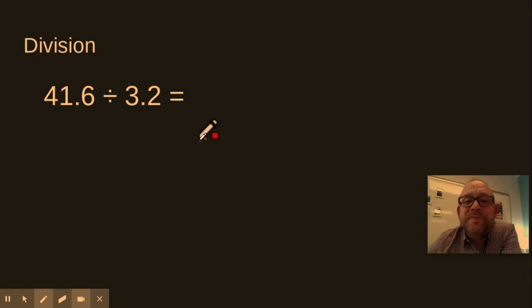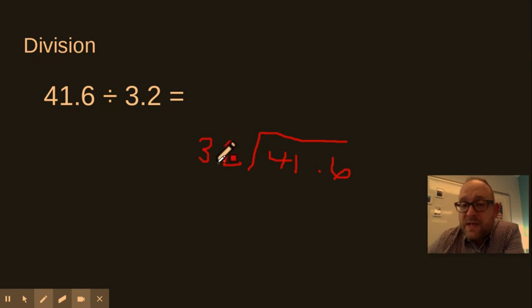All right, let's go. So I've got 3.2 or 3 2/10. We'll put this outside of our vinculum. Inside, we're going to have 41 6/10 is our dividend. All right. Got our divisor, our dividend, we're good to go. Now, we do need to fix our divisor because it is a decimal. So I'm going to move this decimal point to the right one spot. That makes this number 32. I can do that as long as I do the same thing through my dividend. So that is going to become